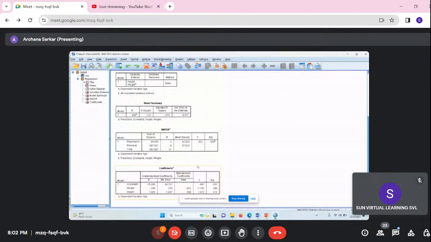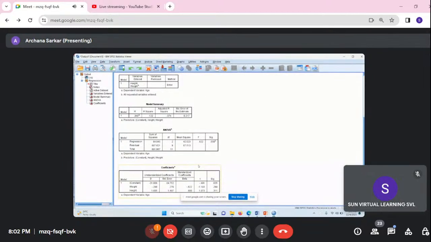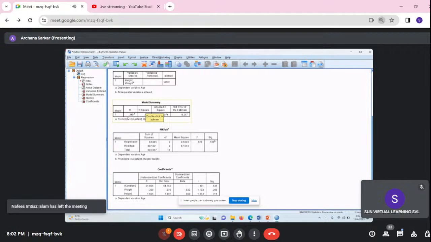Who will interpret this table? The model summary. What is the value which we require to interpret? The R value. The R value is 0.349, which means